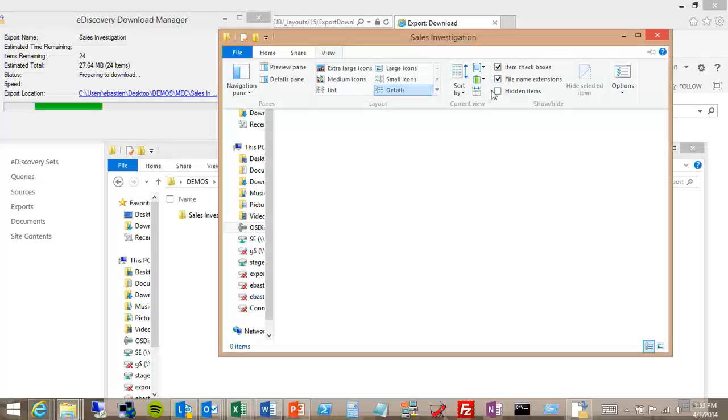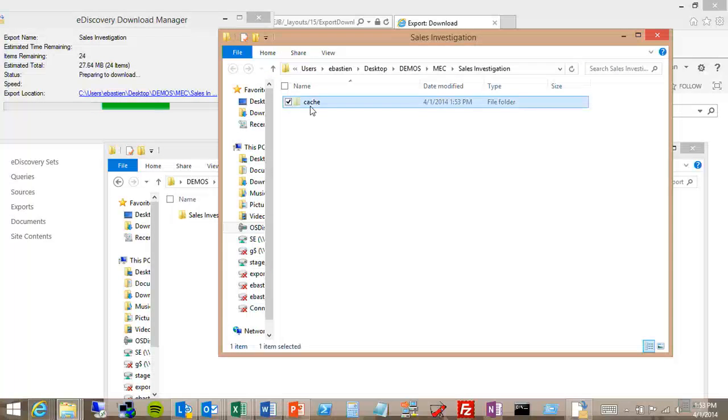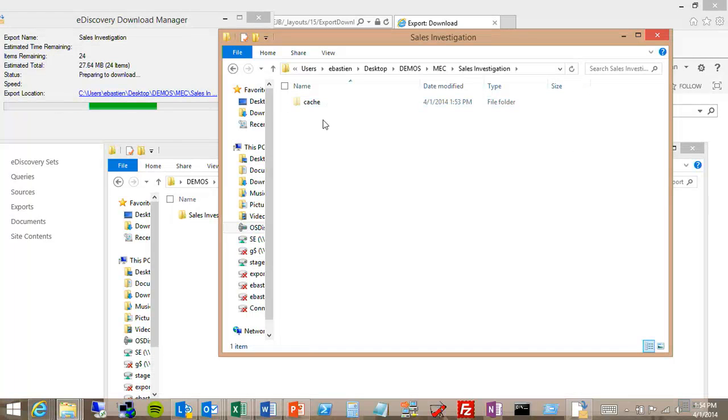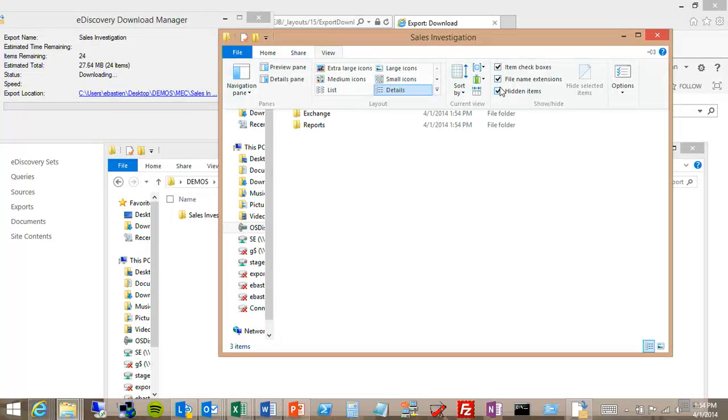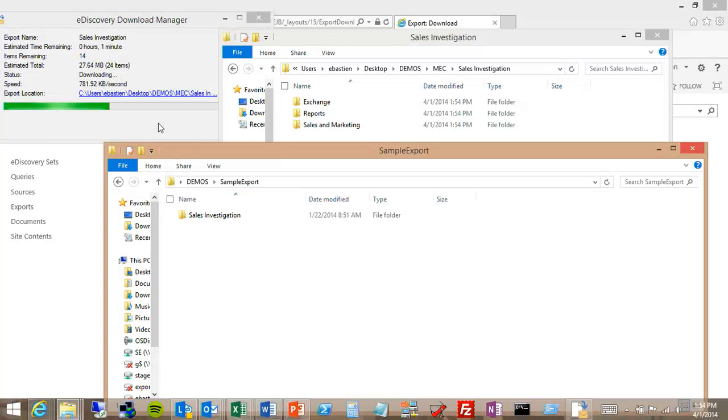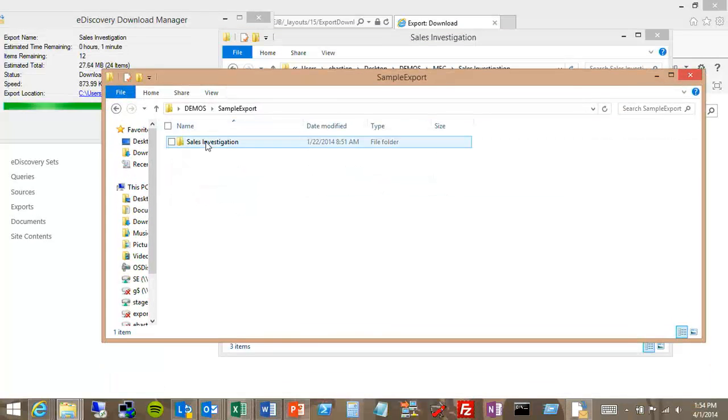But if I change the view to show hidden items, it's actually creating a cache folder here where it's downloading lists of the items that it needs to download from all those sources. And then once it finalizes those lists, it'll actually start downloading the items themselves and move them out to non-hidden folders, right? My guess is that with this data set, it'll probably take 2 or 3 more minutes to actually finish. But we are low on time, so let's just jump into